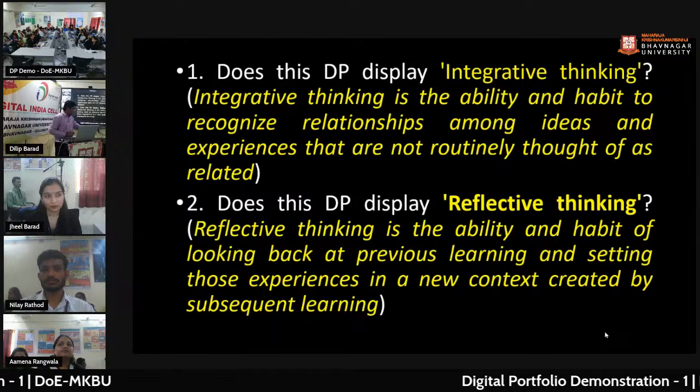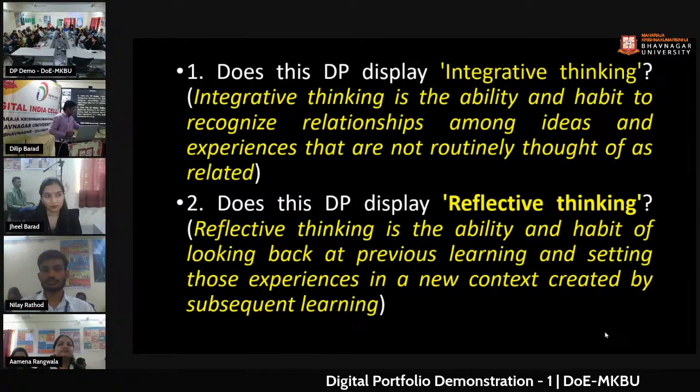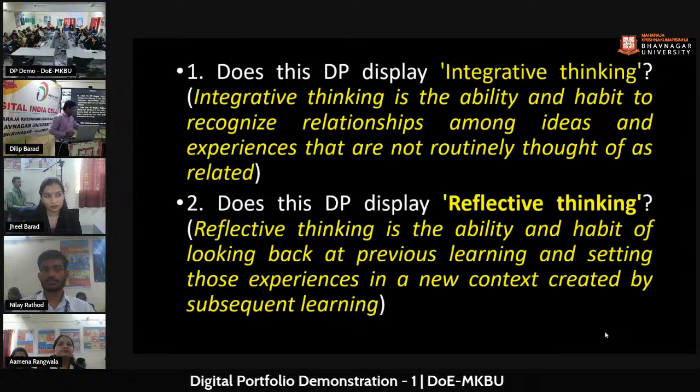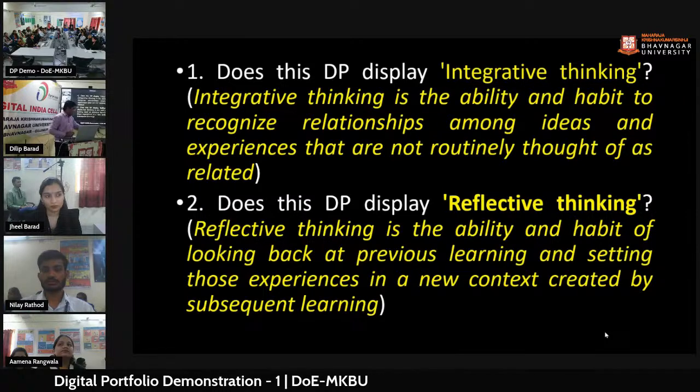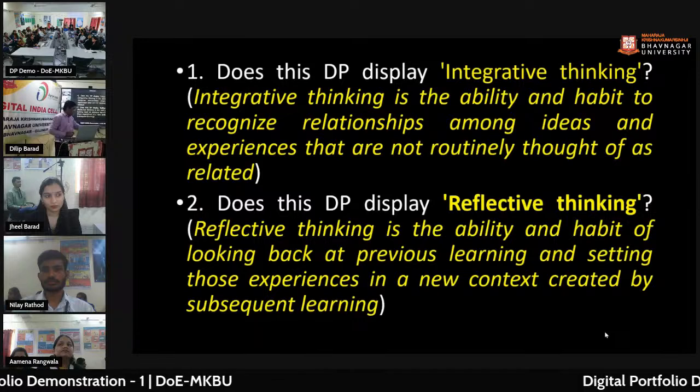So integrative thinking is the ability to recognize relationships among ideas and experiences that are not routinely thought of as related. So